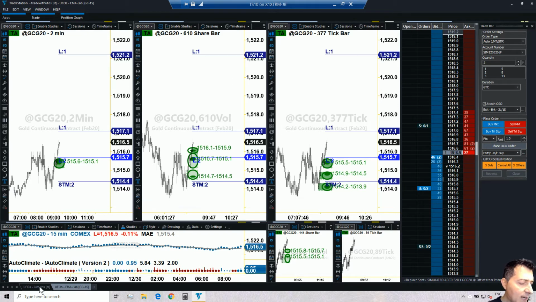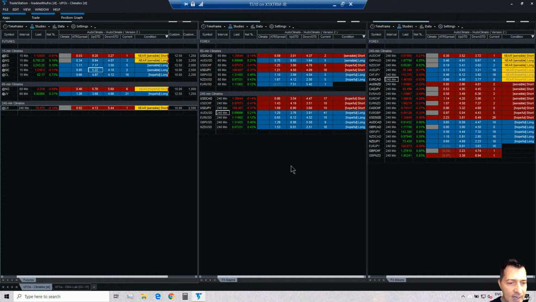So let's continue. Let's go back to the red screens, and let's begin looking at opportunities in the Forex markets, since the futures markets right now are not providing us with anything. Okay, and this one, 0.53, is about to flash. Okay, because I got the alert. Here we go, it just flashed. So I got the alert set up at 0.5. That's how I knew it was going to flash.